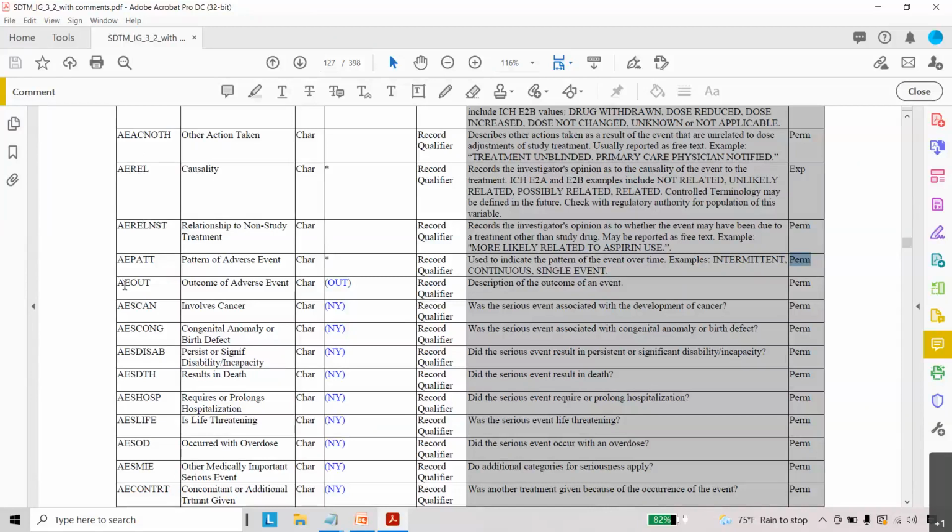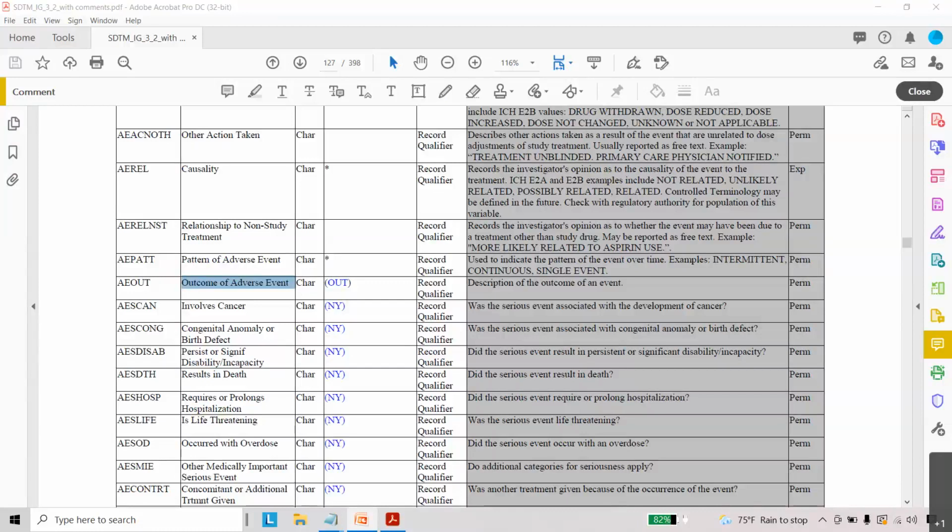Next variable is AEOUT. So what is the outcome of the adverse event? It means what happened to the subject, whether the adverse event is resolved, or the subject is not recovered, or recovered or resolved, or we don't know, meaning unknown, or we can also see fatal.